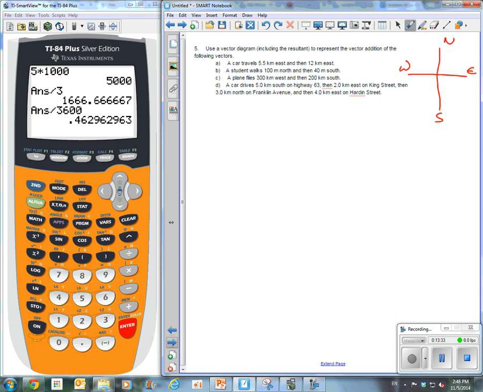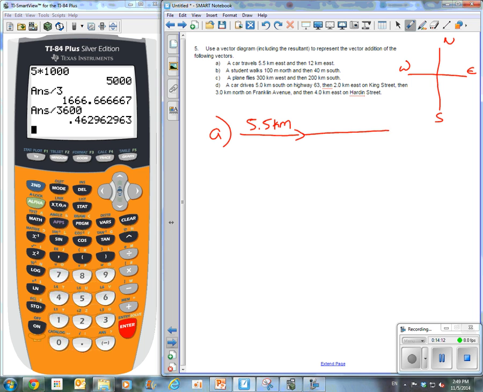So using a vector diagram, now we haven't talked much about vector diagrams necessarily. Okay, we know a vector has magnitude and direction. We can represent that with an arrow. And I've been drawing them, but we haven't been necessarily using that term of a vector diagram. So we're going to do these 4 examples here in order to help us understand what's going on. So A says a car travels 5.5 kilometers east, so 5.5 kilometers in the eastern direction,